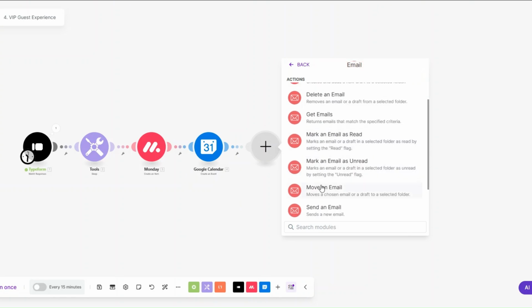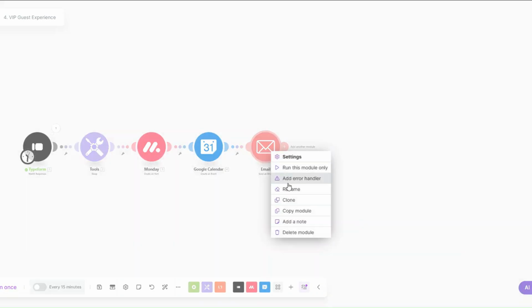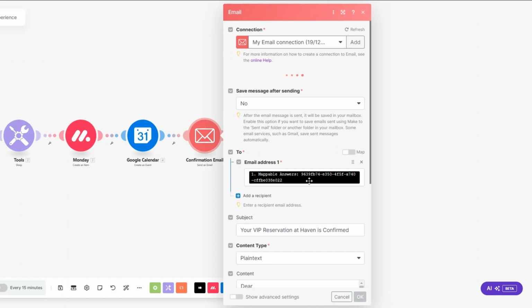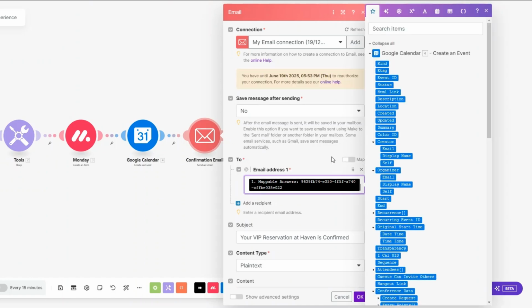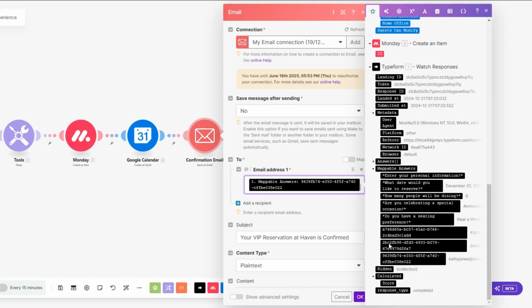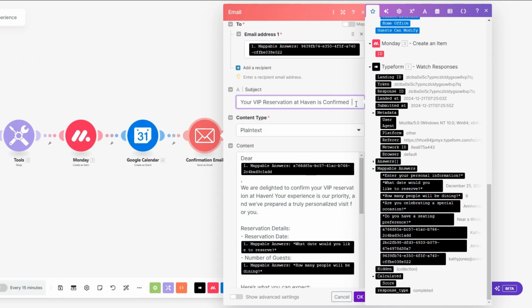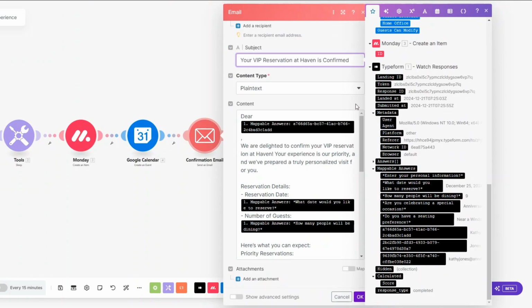So on email, I'll click on send an email module. Then here, I'll rename this to confirmation email. And then click on OK. For the confirmation email, we're going to add our customer's email right here as a recipient. The subject line of this email could be on the lines of your VIP reservation at Heaven is confirmed. For the content type, we're going to choose plain text, and the content of this email could be on the